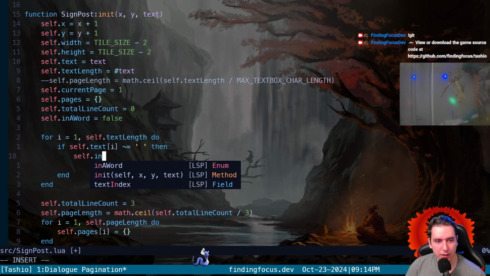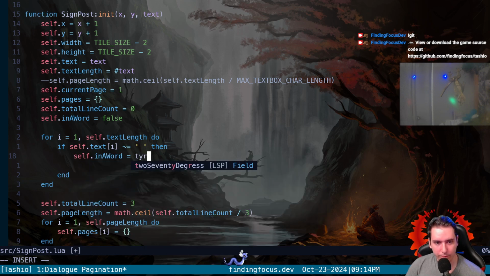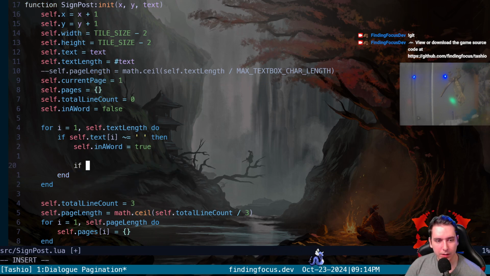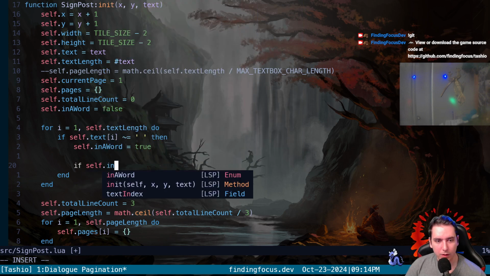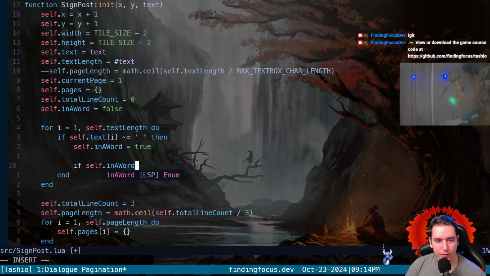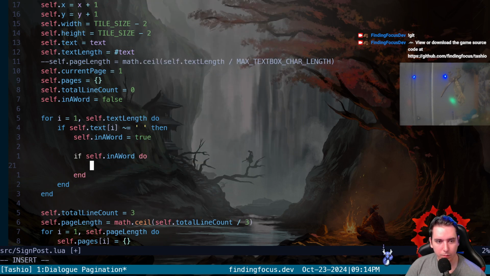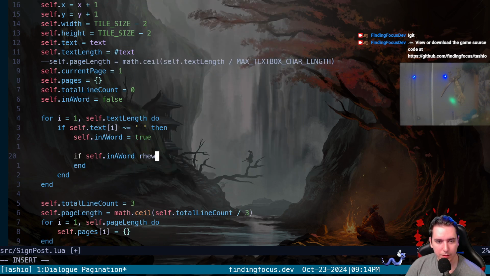Let's just say that we are in a word at this point. And then we can say, if we're in a word at the character, we need to find an index. This is just a Boolean, so if we're in a word, then